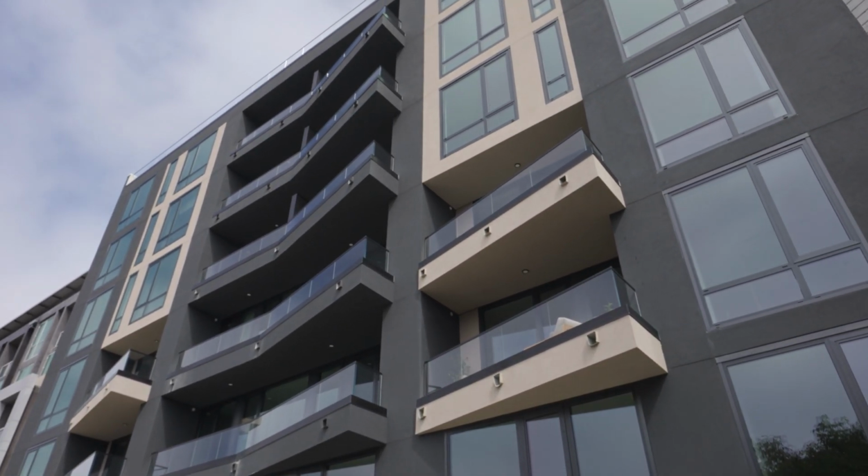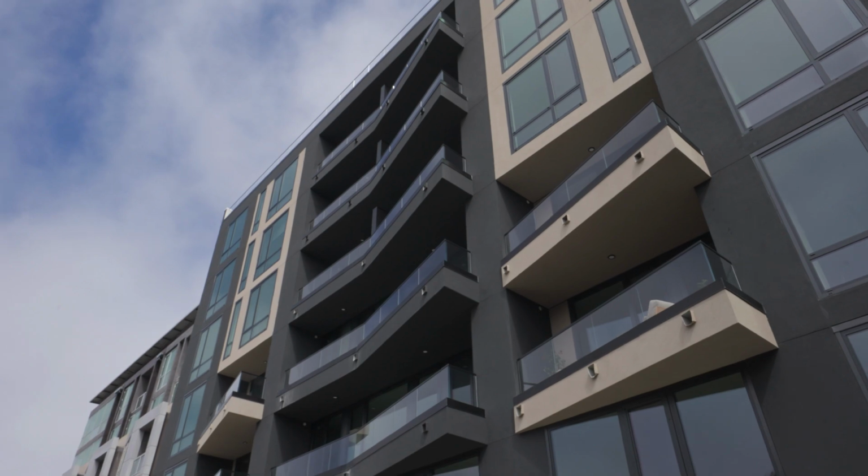And now for my favorite part about these ground level units are these massive private outdoor spaces. This one is 460 square feet. It is huge. You'll notice as we go upstairs that there are patios or like view decks where people just can take in the views. They're not these massive outdoor spaces. So they more than make up for the lack of views on the ground level by having so much outdoor